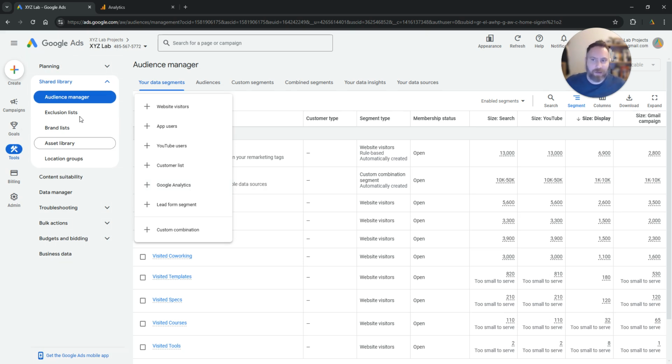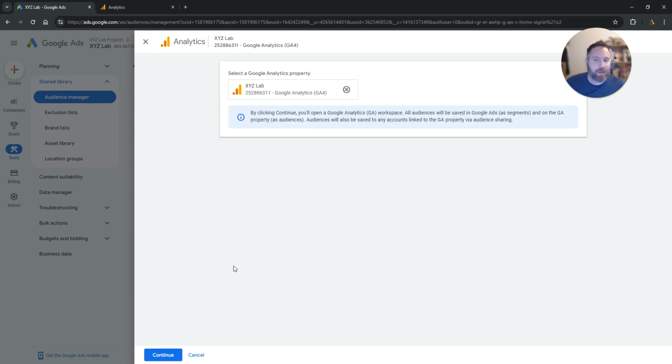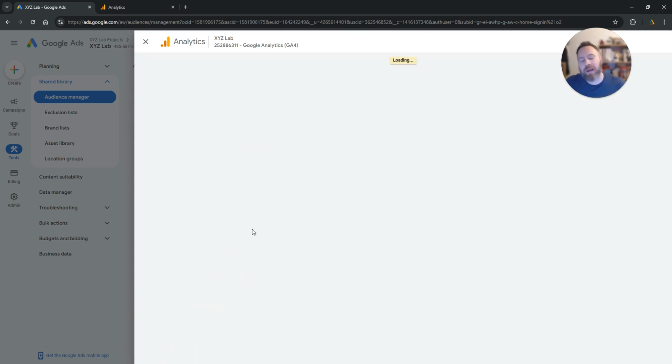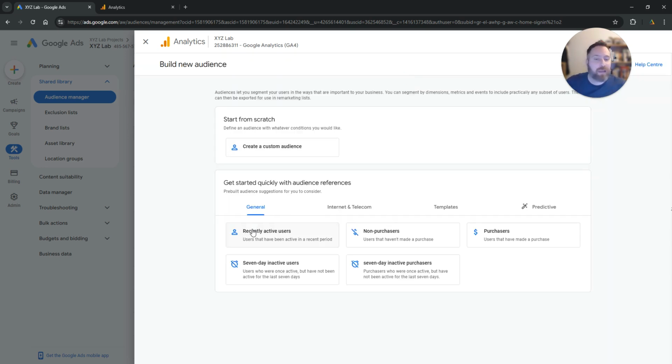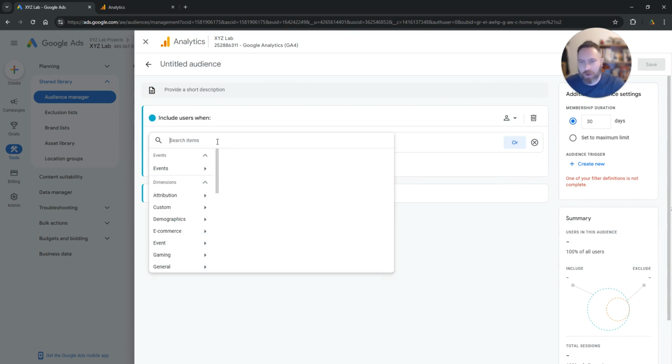Either we can come here, Tools, Audience Manager, plus symbol, select Google Analytics. Here we select our property, we say continue, and now the system opens the same interface we have available inside Google Analytics, which means that we can say here we want to create a custom audience, and then here we can actually give the conditions. So if we are to do the same thing that we did just now, we are going to play with